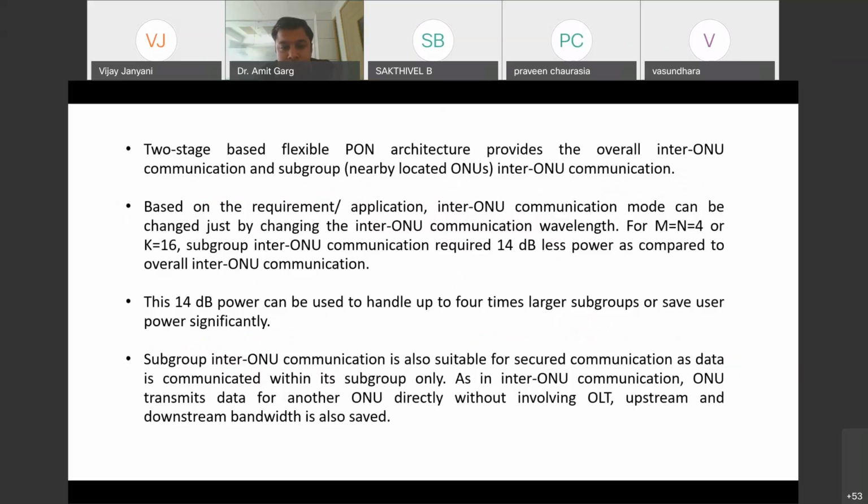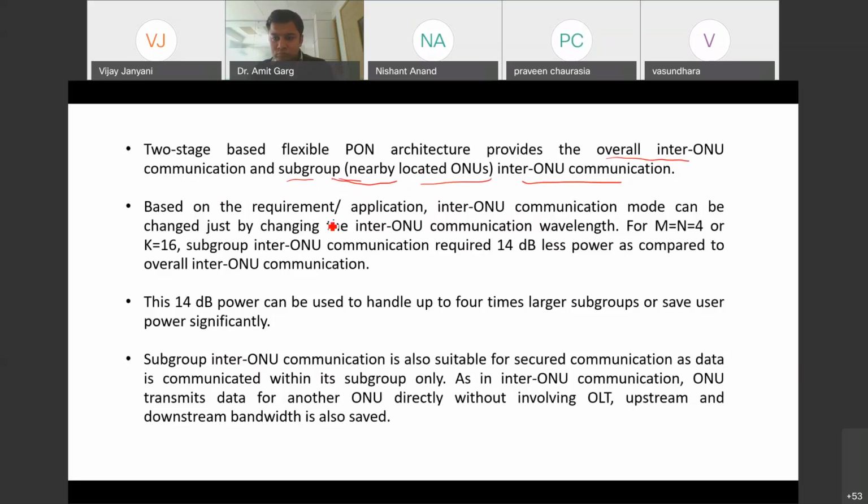Now, what is the advantage that we have just seen? The two-stage based flexible PON architecture provides the overall inter-ONU communication and subgroup policy, and also nearby located ONUs' inter-ONU communication.